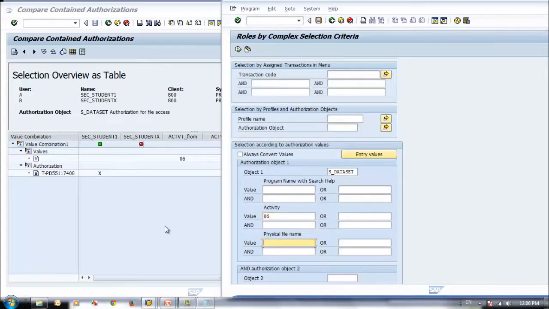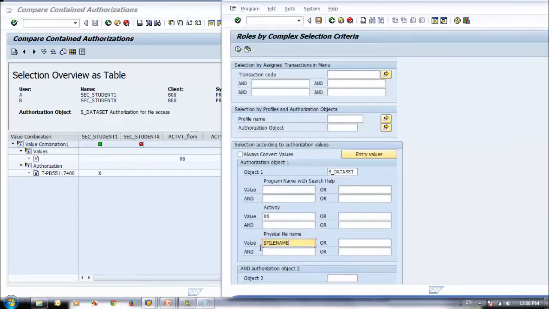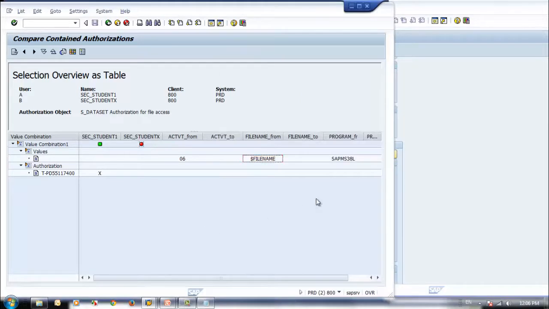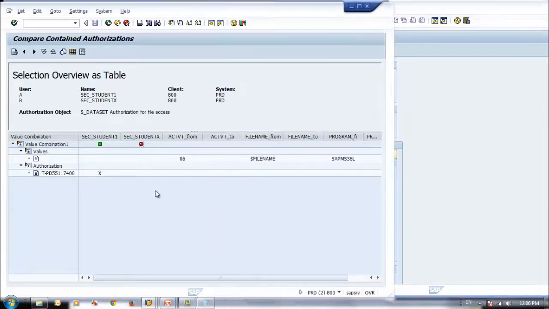Here, file name, we need to put this one. Actually this is again a variable, just for checking we just put that. And the program, this is the program for, right, program. So we copy this. To copy you say Control Y, then Control C,